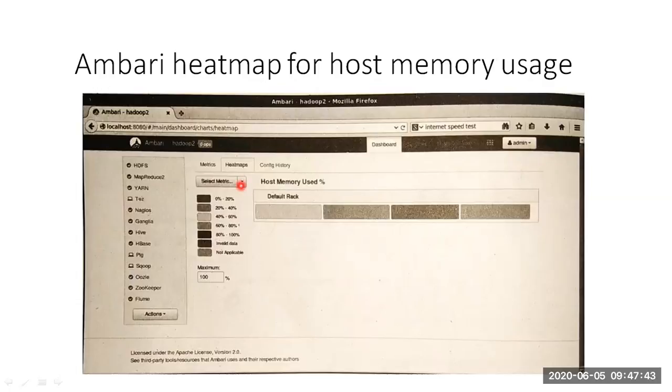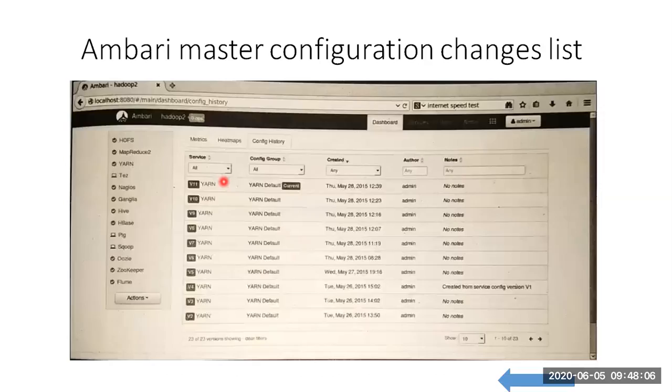You can have some metrics to analyze the system. If you want to analyze the performance of your system, you will be talking about the speed. So speed is a metric. If you want to analyze the CPU usage, you can talk about the number of processes executing on it. So that is the metric. A metric is a term which helps you in measuring system performance. And this is the Ambari master configuration window.